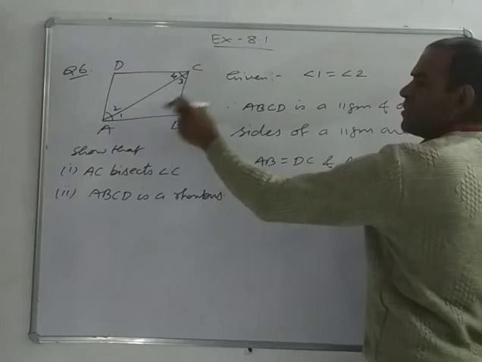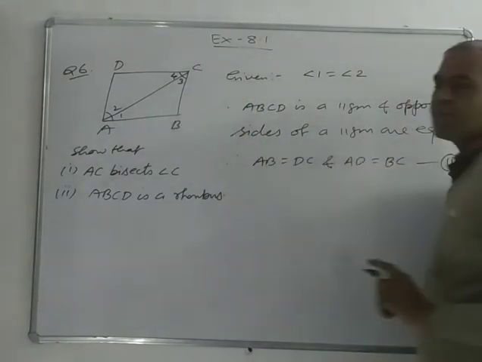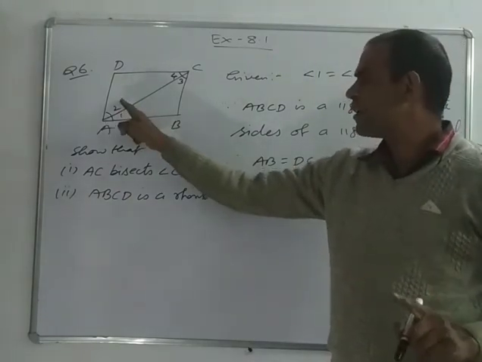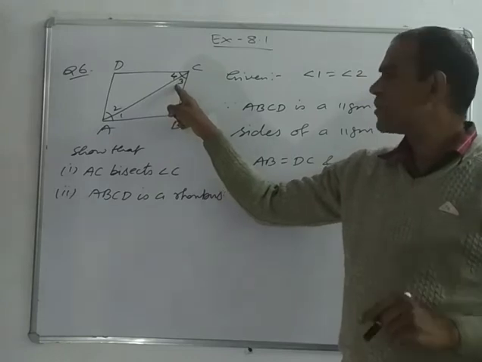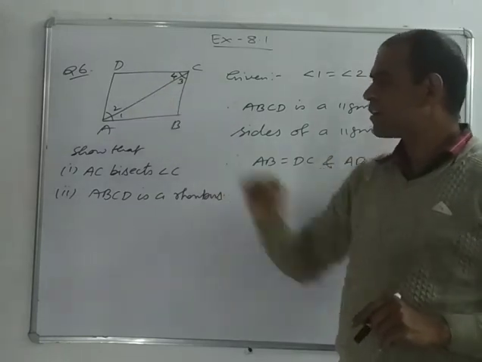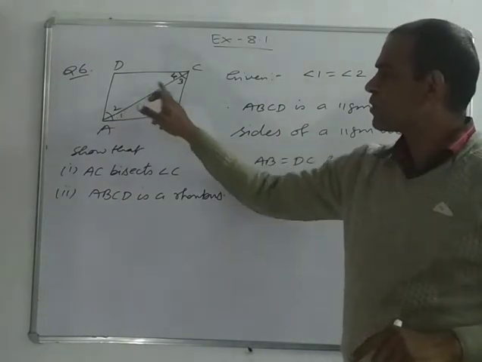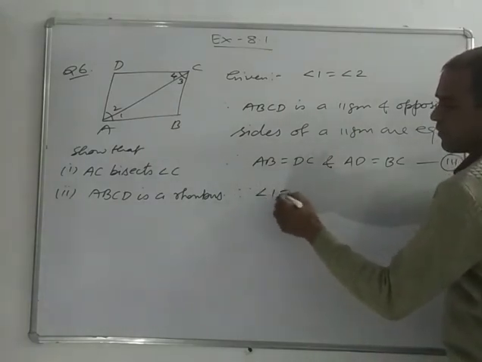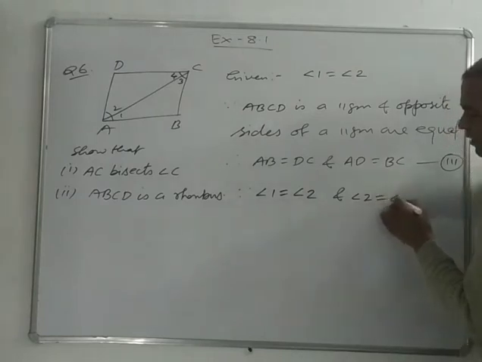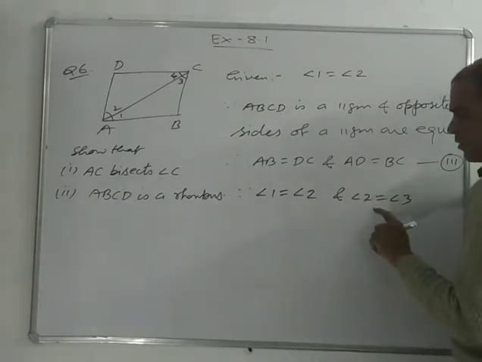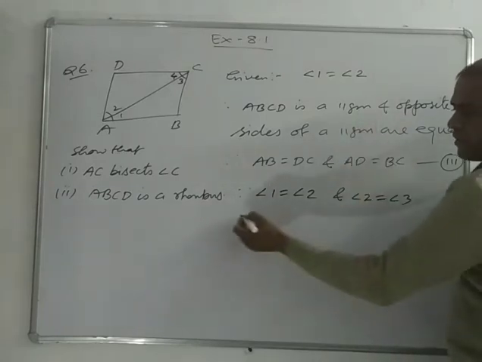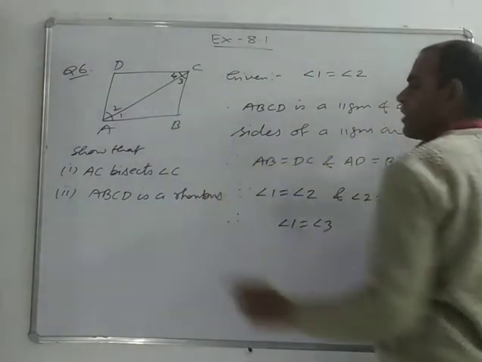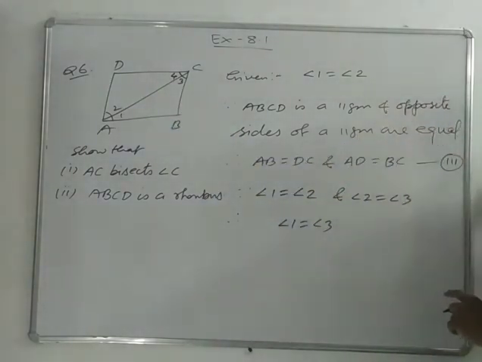Next we are proving the adjacent sides. So here angles 1 and 3 are also equal. Why? Angle 1 equal to 2 is given and 2 equal to 3 in equation second. It is alternate interior angle. So 1 equal to 2 and 2 equal to 3. Since angle 1 equal to 2 and angle 2 equal to 3, as proved above in the first part, therefore angle 1 equal to 3. Here angles 1 and 3 are equal.